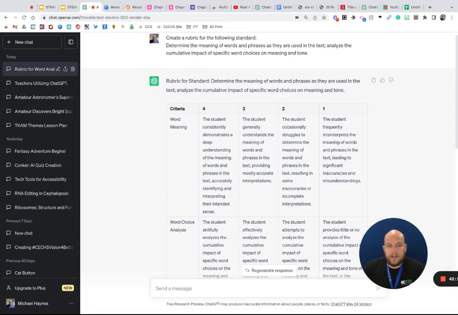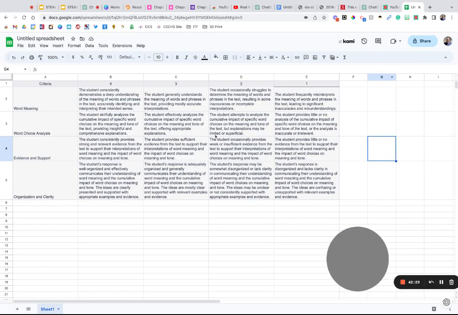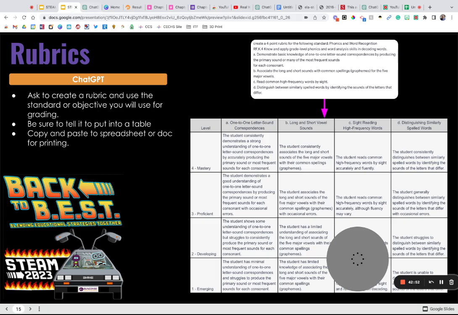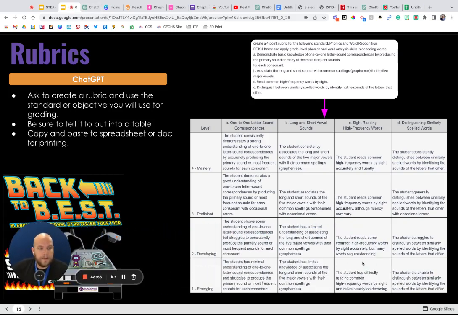And the more specific you are, so if I need a 5-point rubric, a 3-point rubric, specific things of that nature, I can go in and create these things super fast, and always go through, like I said, vet them, make sure that they align to what you're actually looking for. But this is a completely editable document, and so I'm not starting at 0. I'm starting about 90% of the way done. So I just need to go through and make sure all this lines up. And I've made what usually may take an hour to 2 hours of work going back and forth between somebody. I've knocked it out in about 4 or 5 minutes. So that right there is a huge time saver, I feel like, in itself. So I hope that you definitely look at utilizing it.